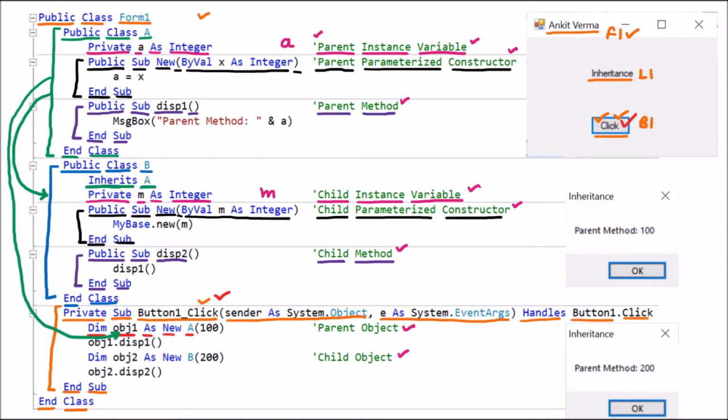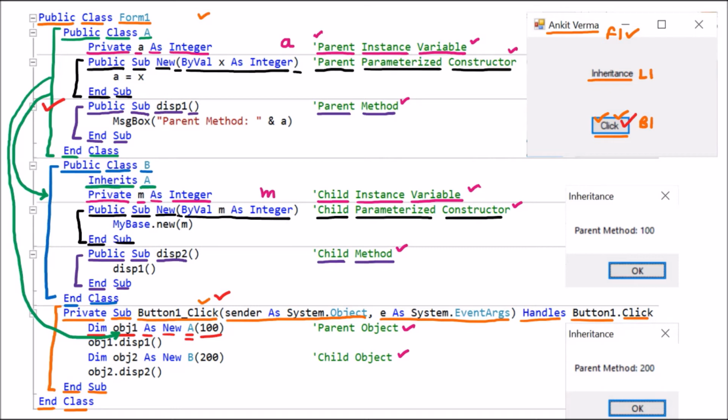Now here we should note one thing, that class A object is created and this is the boundary of class A, so only the members which are there inside that boundary will be accessed. And afterward we are having 100, so this is the parameter which is passed. Whenever we pass the parameter, then the parameterized constructor is called. We can only access the members of class A because we have made the object of class A.